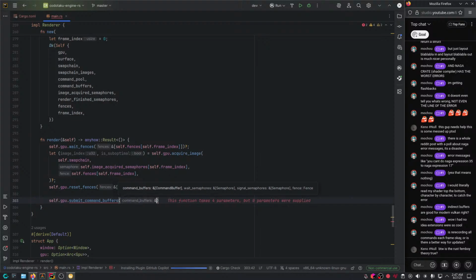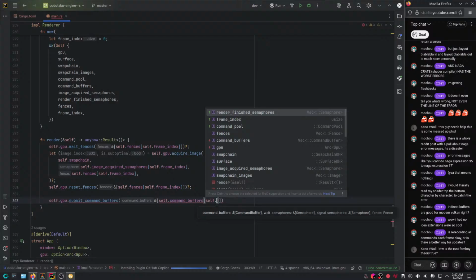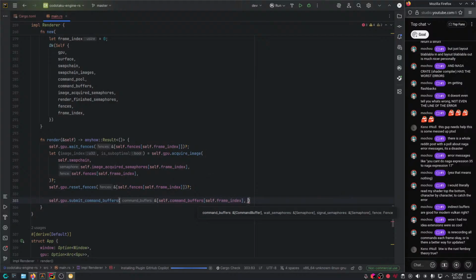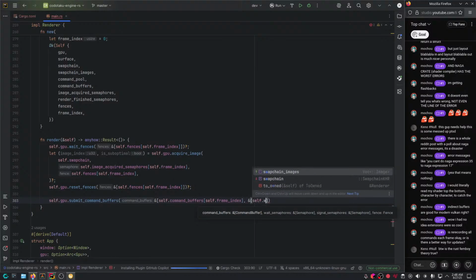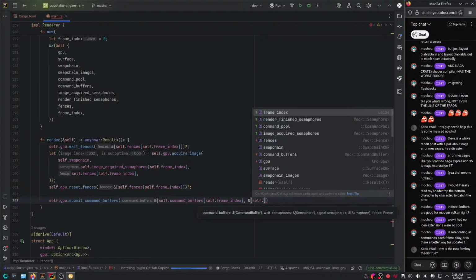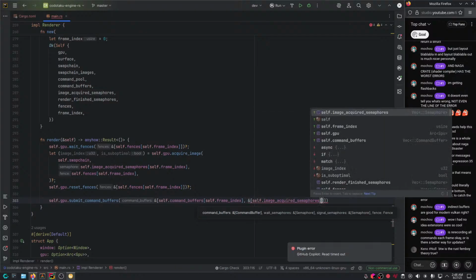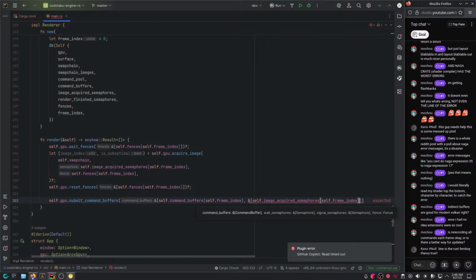So command buffers, self.command_buffers, and I'm gonna say self.frame_index, comma, here the wait semaphores, which is basically gonna go with self.wait_semaphores. So what we're gonna wait on? We're gonna wait on image acquired semaphore. And we're gonna say self.frame_index, comma.